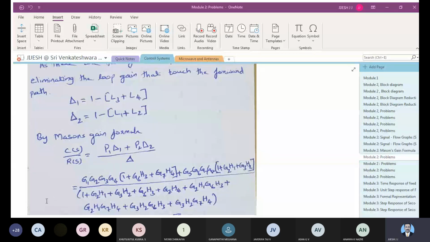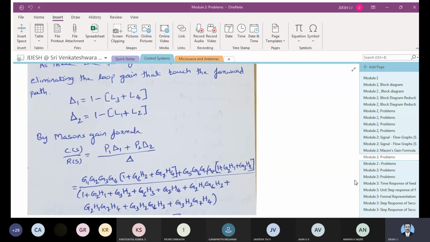So all these combinations we have seen, and further we have also understood that Mason's gain formula has to be used, and substituted and simplified. In the same way, we did this problem just one day back, so I will not stress it again too much. This is another problem where you found out the paths and loops and all those things.